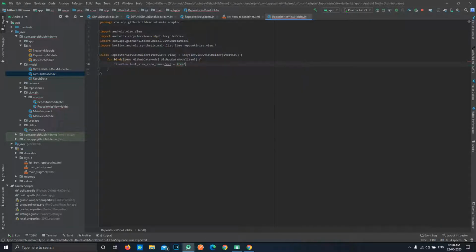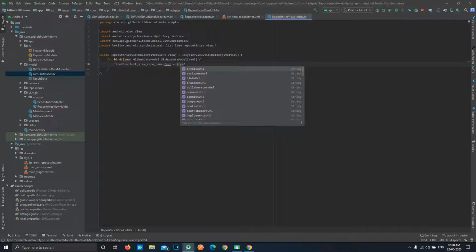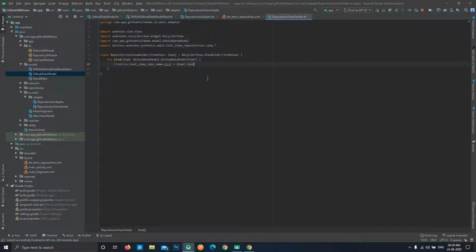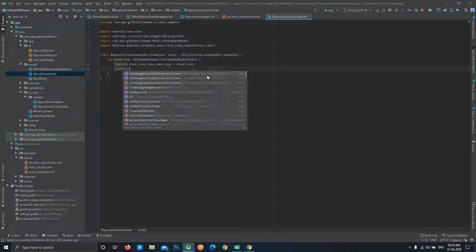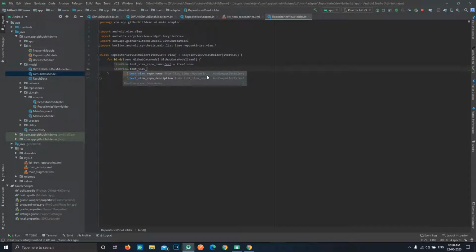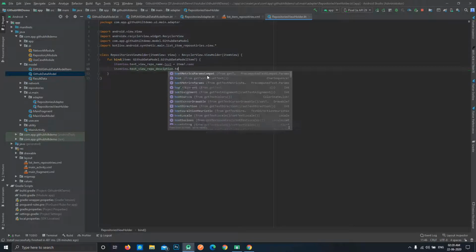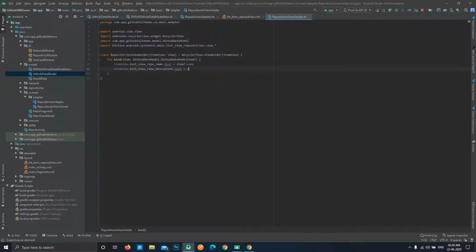This can be nullable, so we'll have to use null safety, item dot name. Okay, so the second thing is the item view dot text view description dot text equal to item dot description.